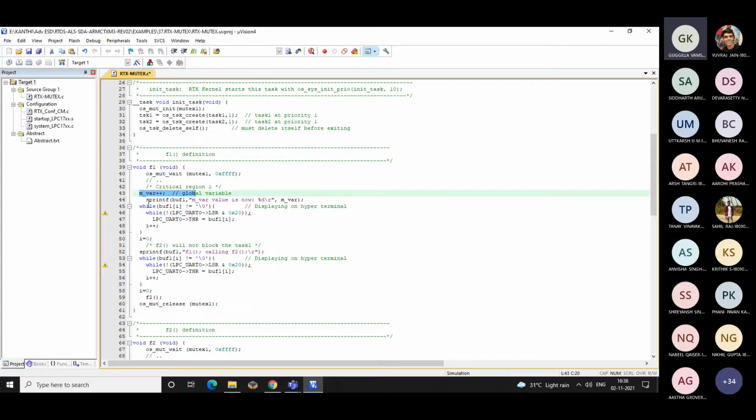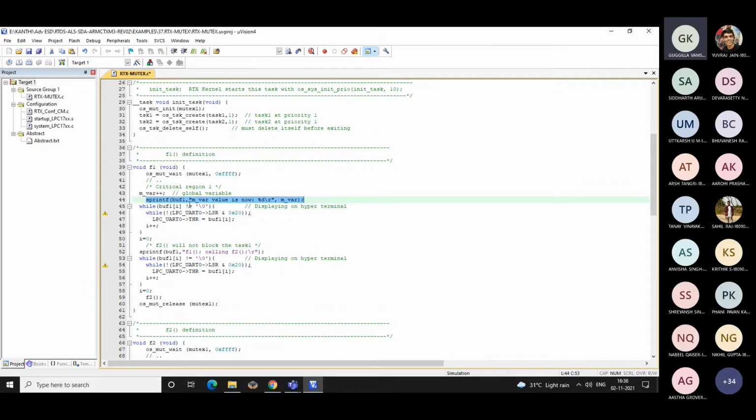Now here you put the message. The m variable value is now. Okay. So what is the value? Just put the message and continue with the message.